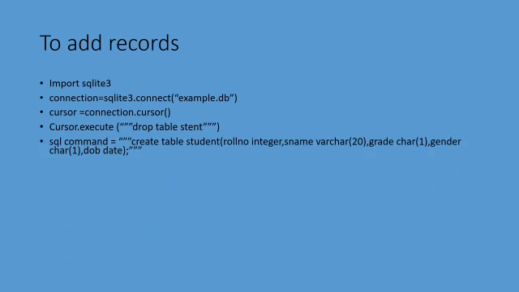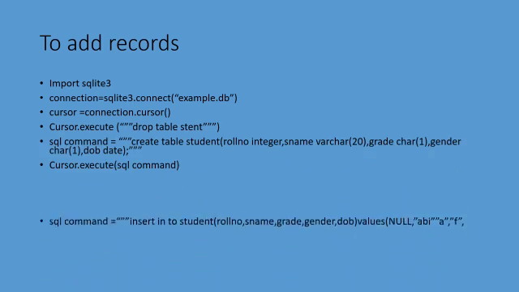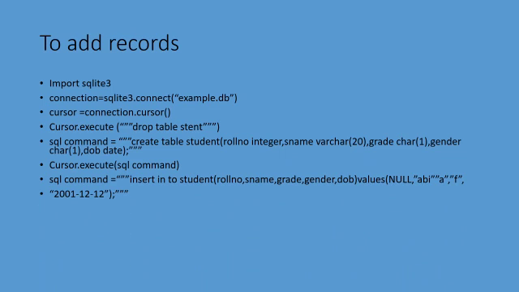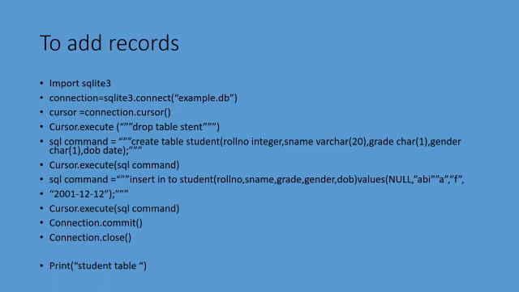How to add the records? It is an important thing. First, whenever we are using SQLite, the first thing is how to create the database. Next, how to create the table. The next work is how can you add the records. That's all. Initially you are creating one database. In the database, you are creating the table. And within the table, you are adding the records. For that, what is the procedure? About that, let us see.